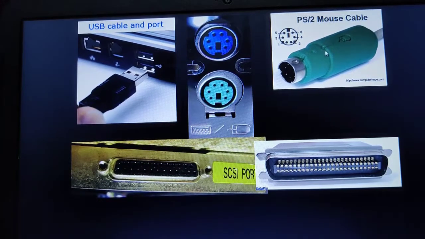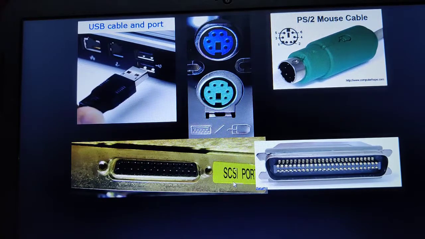Moving on to the next image, that is the PS2 mouse cable, or you can also call it the PS2 port, which stands for personal system 2 port. This port is also called the mouse port. Usually we have two PS2 ports available on the rear end of our computer system. This purple color indicates to connect the keyboard as an external device, and this green color indicates to connect the mouse to your computer system. So these two are the personal system ports.